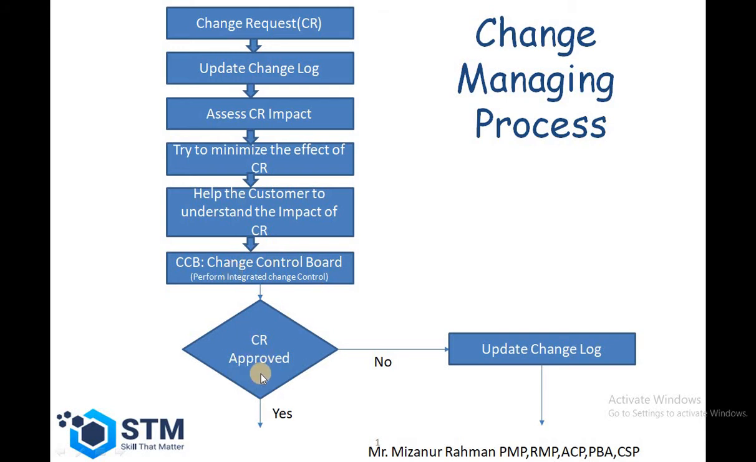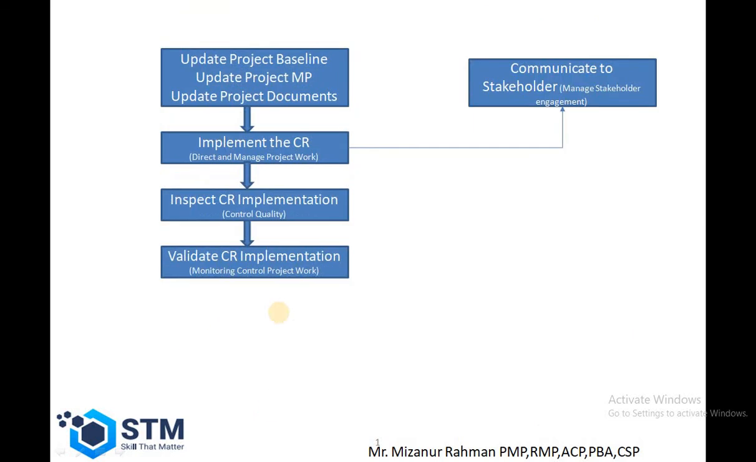If that change request is approved by the change control board, then update the project baseline, update the project management plan and other project management documents. Then implement the CR. The project team has to implement the change request. That is done through the direct and manage project work process, and it also has to be communicated to the stakeholders who already